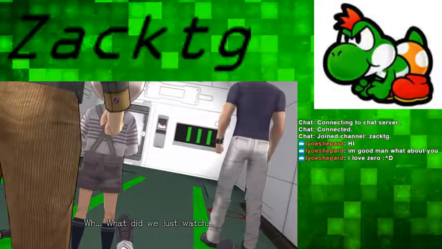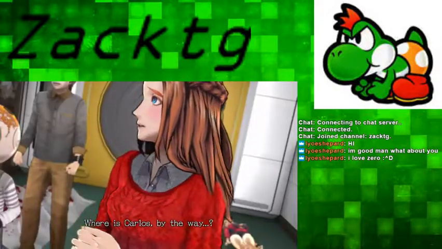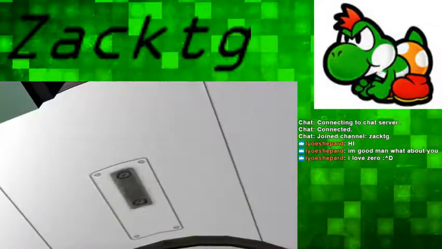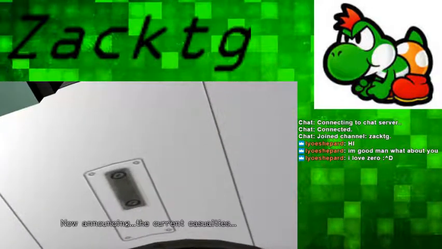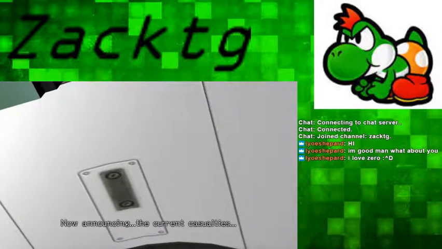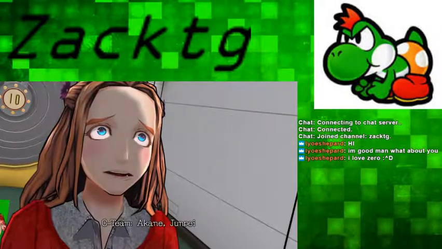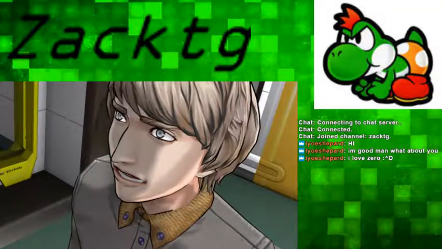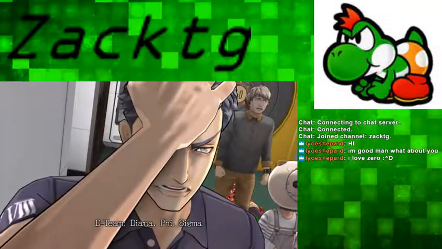What did we just watch? Where is Carlos, by the way? Now announcing the current casualties. C-Team, Akane, Junpei. Q-Team, Mira. D-Team, Diana, Phi,